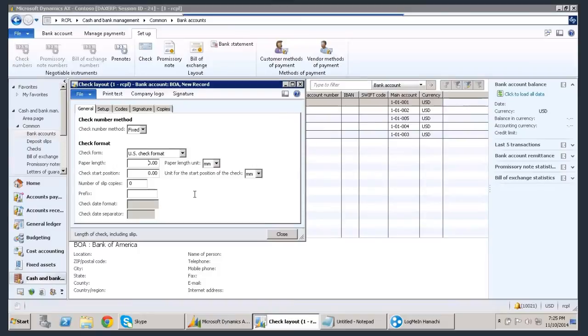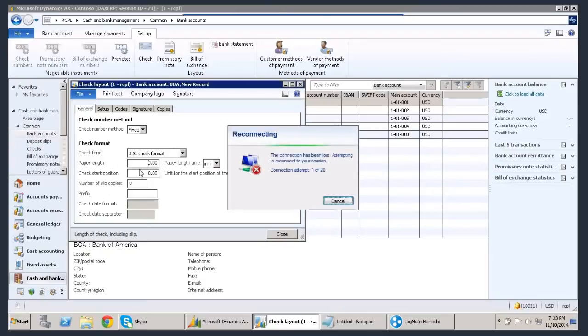Okay. So whenever you are configuring your stub, what you are going to do is measure the length of your check. Remember, this is very, very important. Whatever the length of the check you have measured, you have to enter that same paper length here. If you are not entering the same length, that becomes very conflicting, and it may not fit the exact data in the fields.